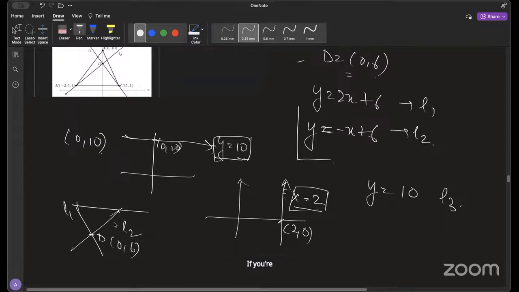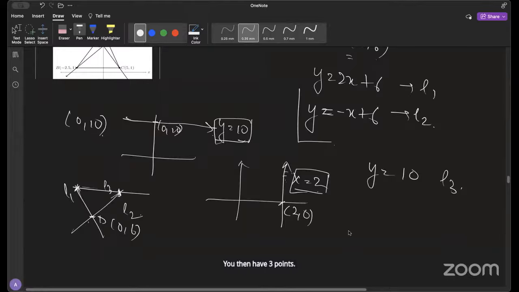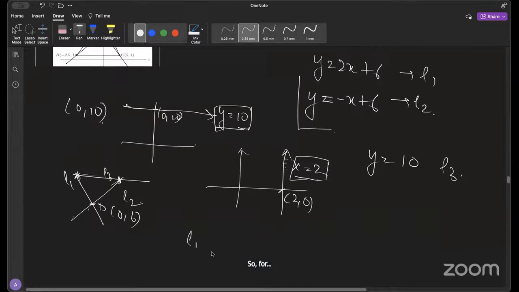If you're able to find the point of intersection of L2 and L3, and the point of intersection of L1 and L3, then you can find the area, right? You will then have 3 points. So for L1 intersection L2, the point where L1 and L2 meet, you will have